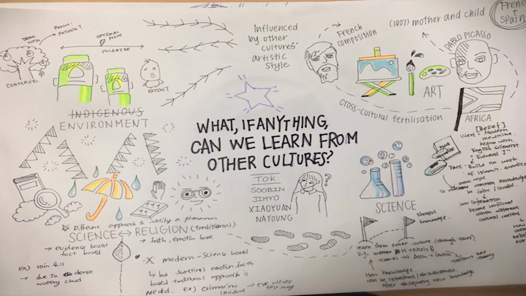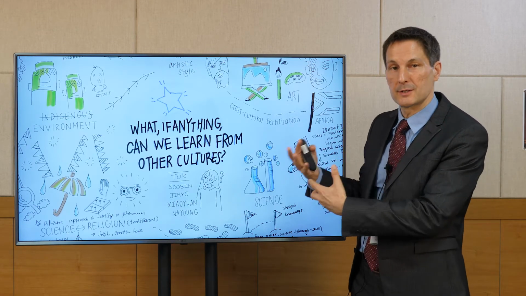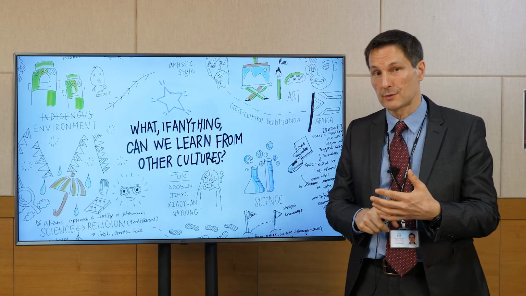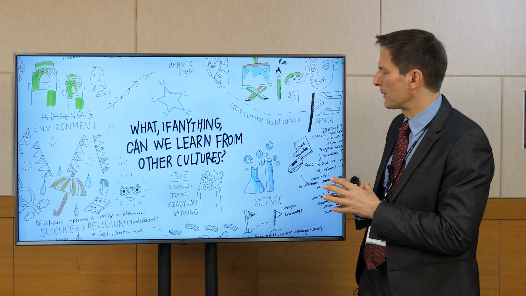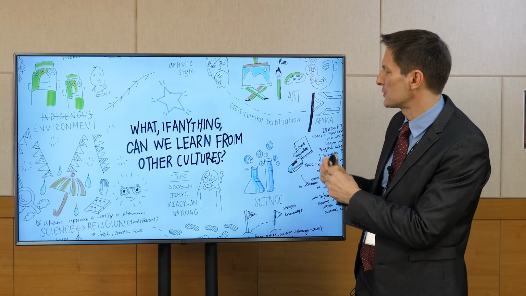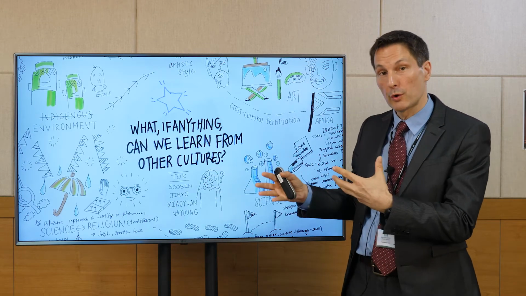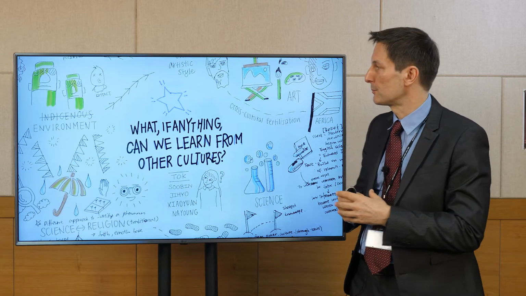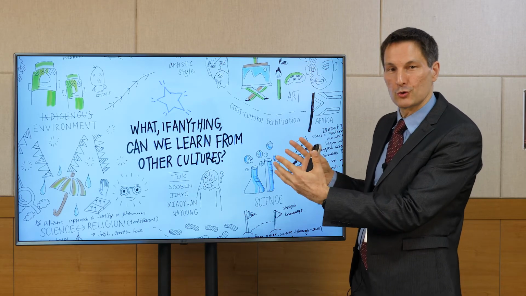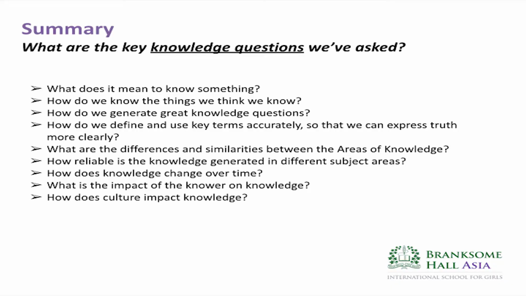So this is an infographic produced by a group of students. It's based around the question, what, if anything, can we learn from other cultures? And the idea is essentially to put down as many ideas as possible around the question, based on the readings that they've read, based on their cultural icebergs that they've already brainstormed and thought about. But also it's a visible thinking activity because it's not just using language, it's also using any kind of visual that they want to use, particularly for concepts and ideas that they might find difficult to express, and that's the important part of it. So they really love and enjoy doing this, and it comes up with a lot of very interesting and original ideas and thinking.